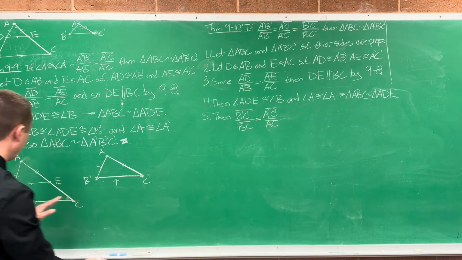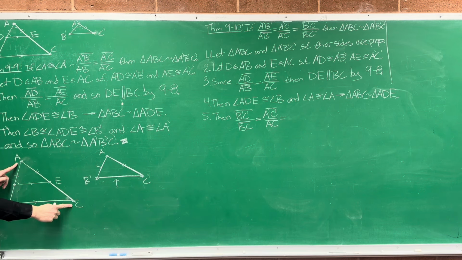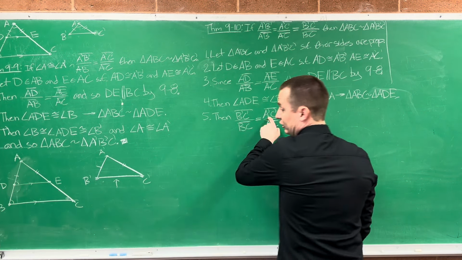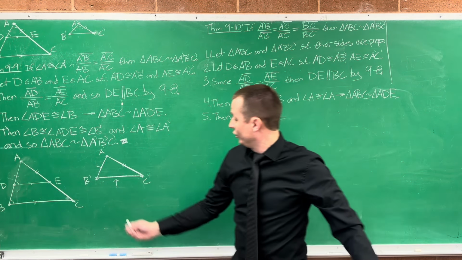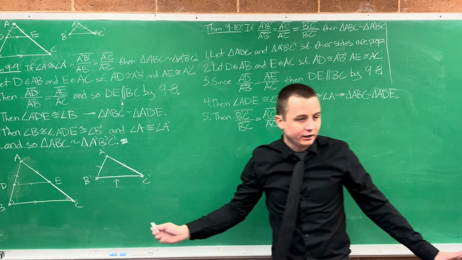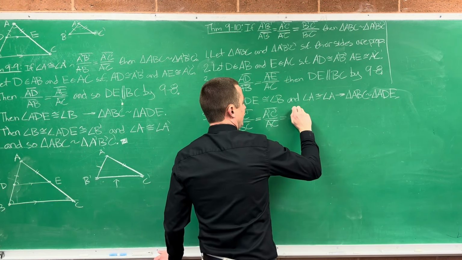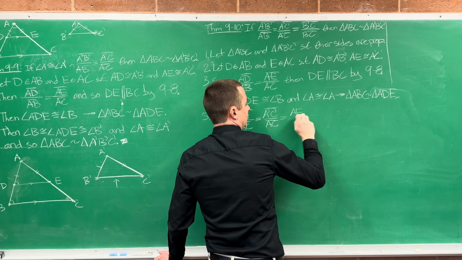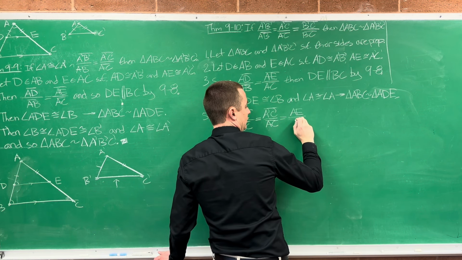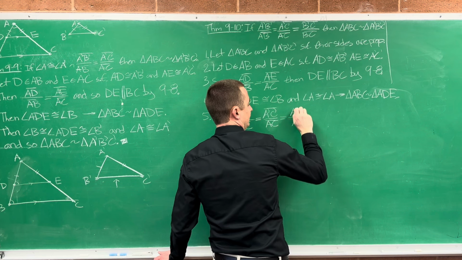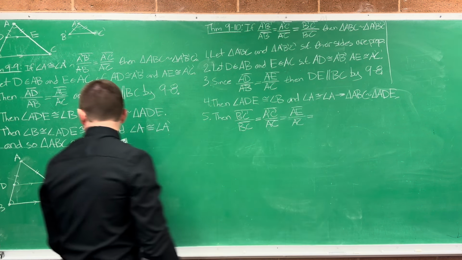Now, transfer that to this triangle. What is A prime C prime in terms of the smaller triangle? What does A prime C prime correspond to over here? AD. So this is equal to AE over AC. AC stays the same. And that is proportional now finally to,